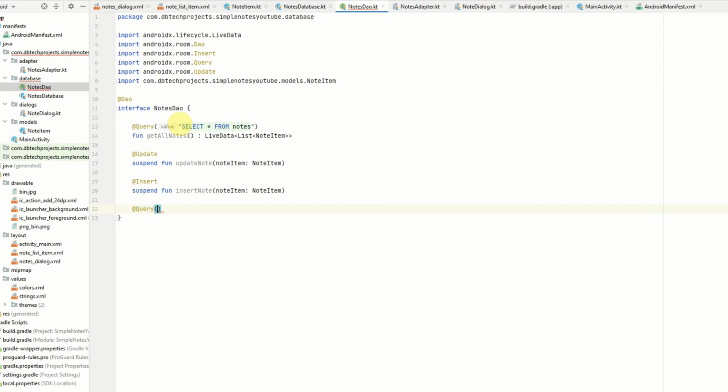So query delete from notes where ID equals note ID. And this is how we add parameters to our queries. So you specify a condition such as where ID equals, and then the colon, and then the parameter name, and this one will be note ID, and you can just pass that as a parameter in